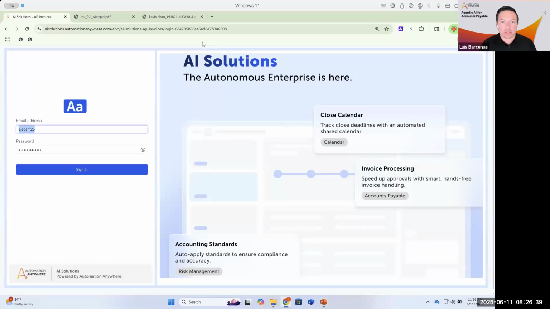So I think you can still all see my screen. What I'm showing you right now is what we call our Agentic AI solution. Okay? And these solutions are basically a brand new way to interact with agentic technologies, with AI and automations. So as you can see here, this is a brand new application, a brand new interface that an AP specialist will log in to. I will take the role now of an AP specialist,